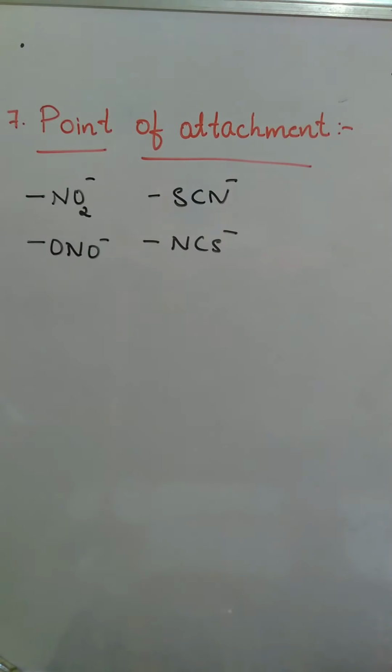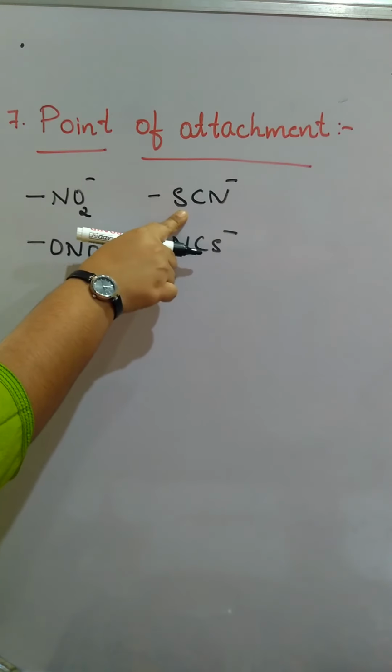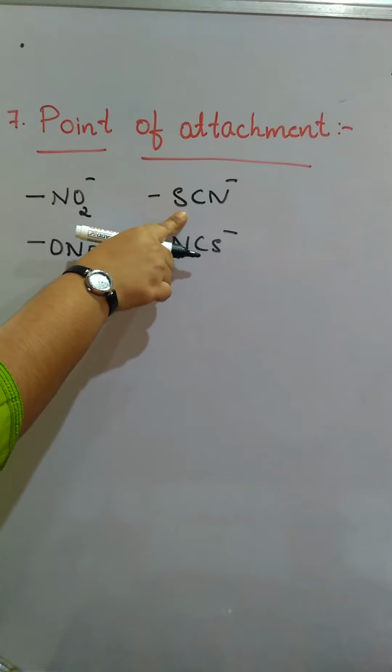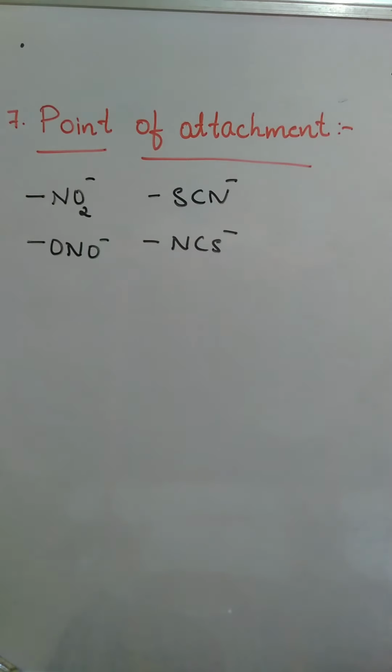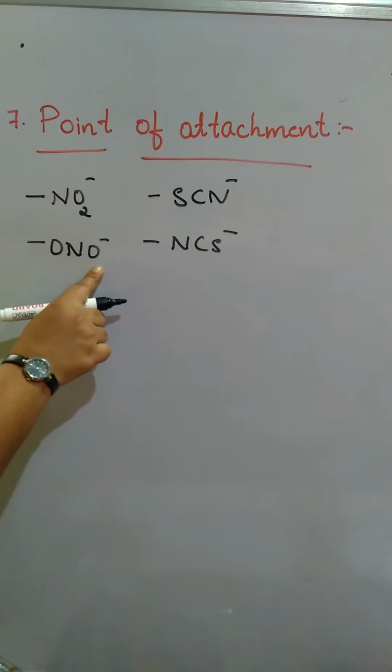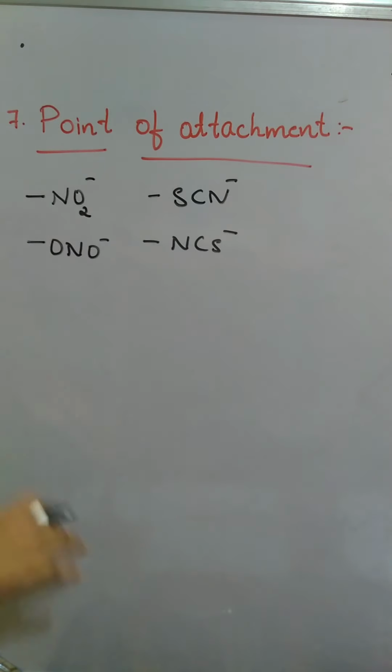In this case, you can observe here nitrogen is bonded to the central metal atom and oxygen is bonded to the central metal here. Here sulfur is coordinating with the central metal, that is, forming a coordinate bond with it. And here nitrogen is forming a coordinate bond with it. So this will be indicated in formulas also, and when we are writing the names also, we are going to indicate that.